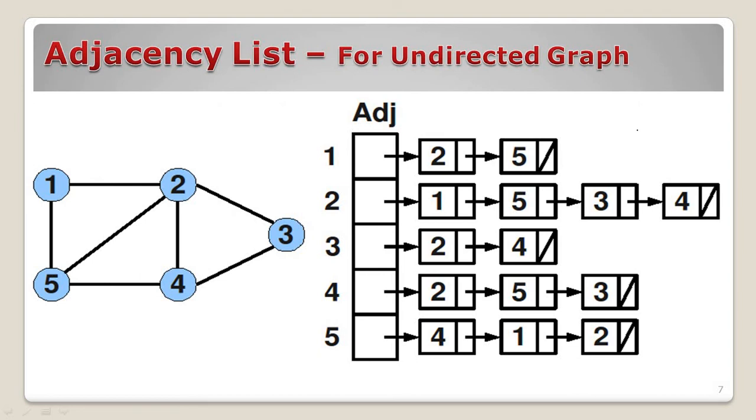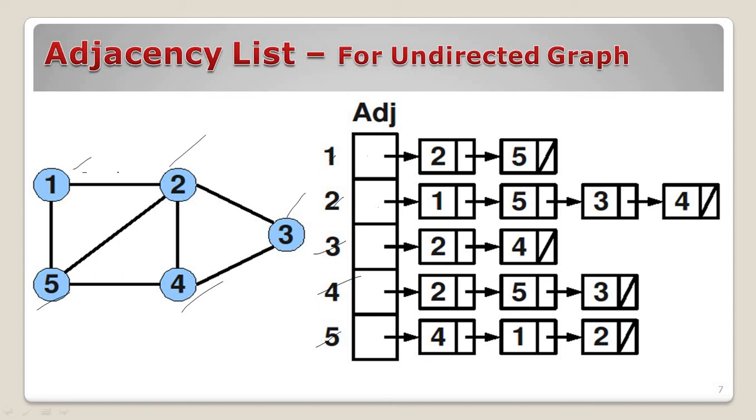Now consider if you are having an undirected graph and you want to represent the graph by using an adjacency list. So this is one more simple example. Consider we are having the nodes 1, 2, 3, 4 and 5, and we are having the edges between like 1 to 2, or 2 to 3, or from 5 to 2. So like that we are having the edges. Consider the nodes like this: 1, 2, afterwards 3, 4 as well as 5.